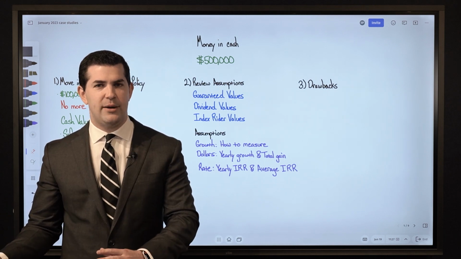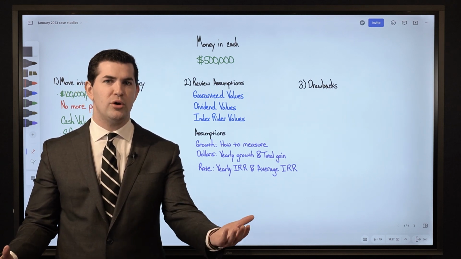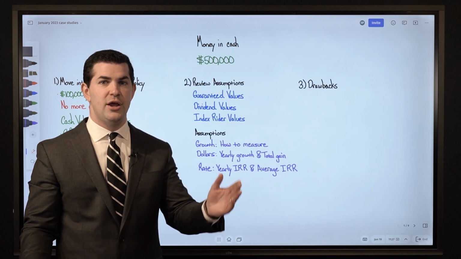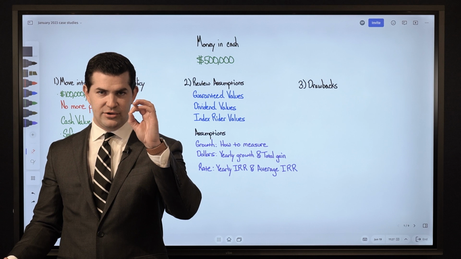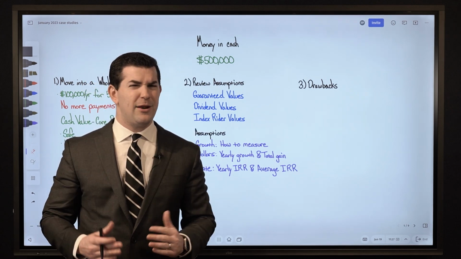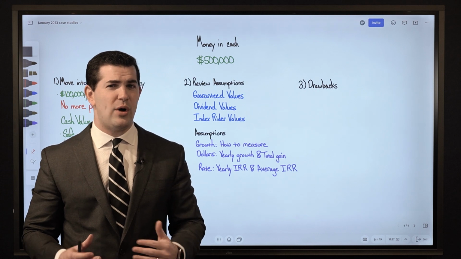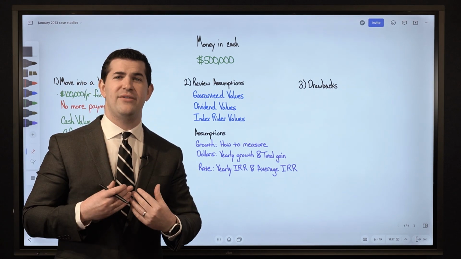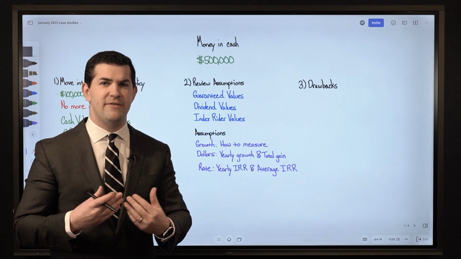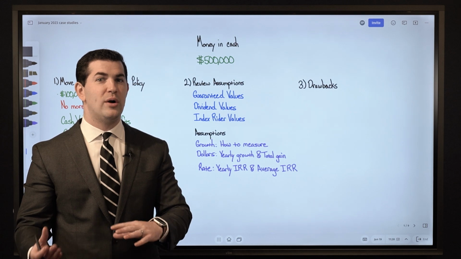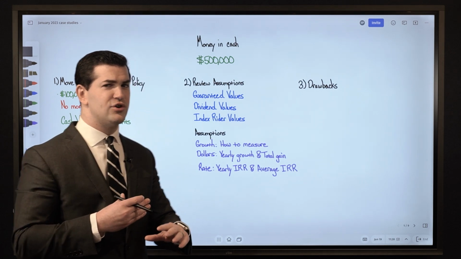Some life insurance companies will disclose reports that will show the yearly cash value growth is $8,500 because day 0, you're at 0, and then after 1 year, you're at $8,500. I'm not a big fan of that. The reason why is because you've paid in $10,000, and if you have $8,500, that's an effective $1,500 loss. So I want to know simply, what did I receive in total growth from the insurance company?